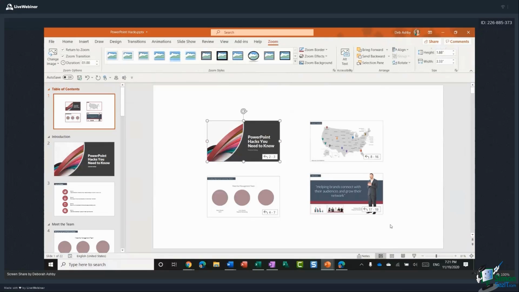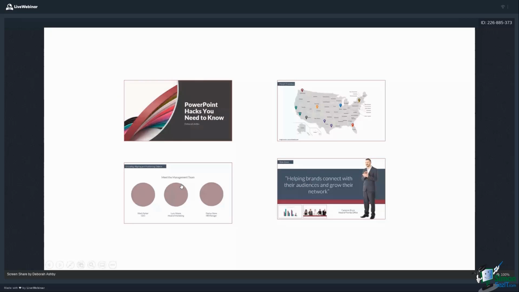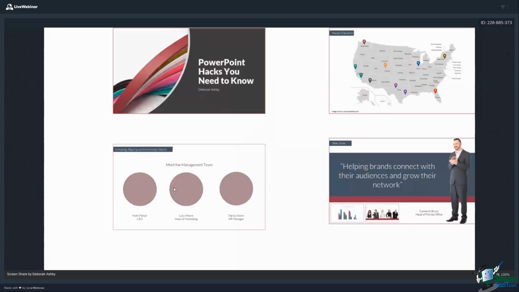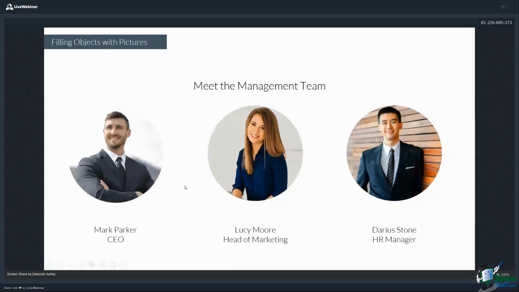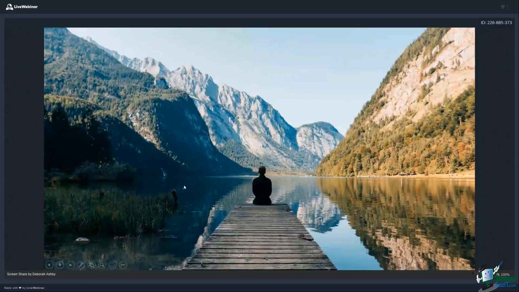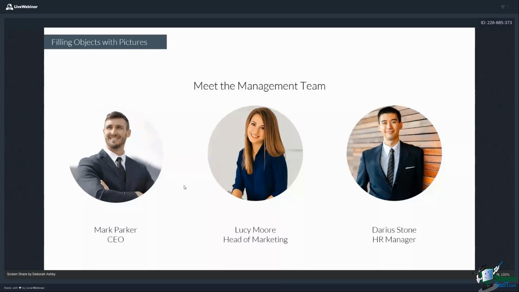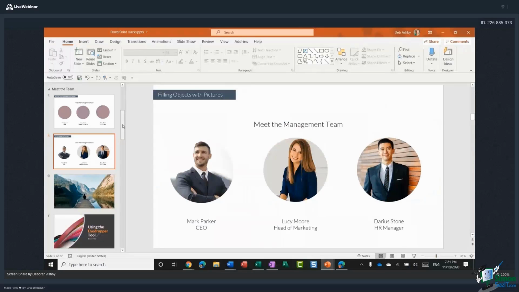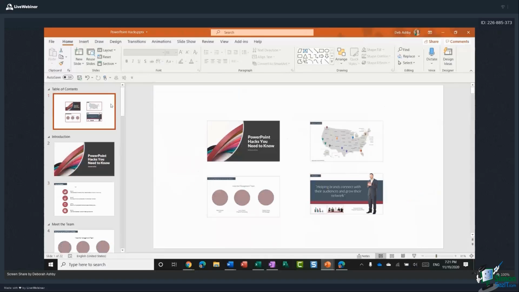So let's run the presentation. And if I want to jump into this section, I can click it. It's going to jump me in, and it's going to let me run through all of the slides within that section before jumping me back out to the table of contents. So again, this is another way of letting people essentially choose their own path through a presentation based on what they're most interested in or what's relevant to them. It's a very different way of thinking about PowerPoint presentations because you're moving away from that linear model. All right, so sections and section zooms.